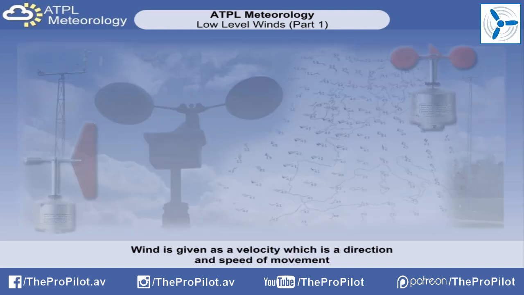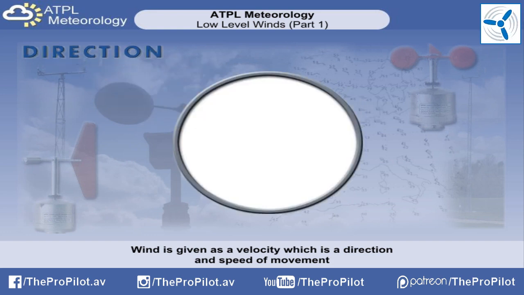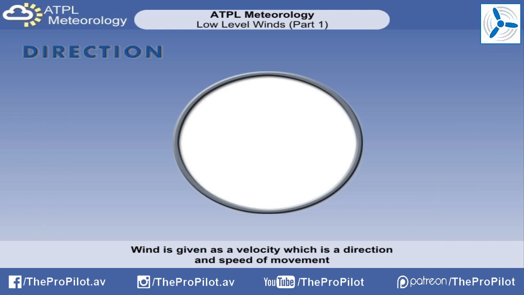Wind is usually represented as a velocity. Velocity is a vector factor, incorporating both direction and magnitude. So wind velocity gives both wind direction and wind speed. Let's take a look at direction. The direction of movement of any subject is usually given in degrees from north. This scale starts from 0, which is north, all the way through to 360 degrees,